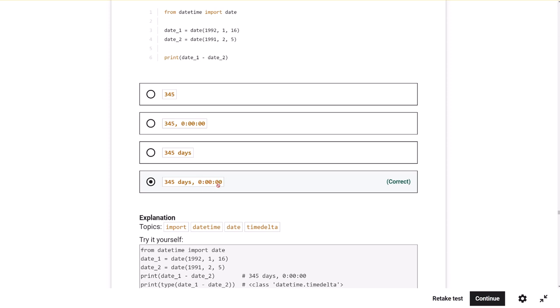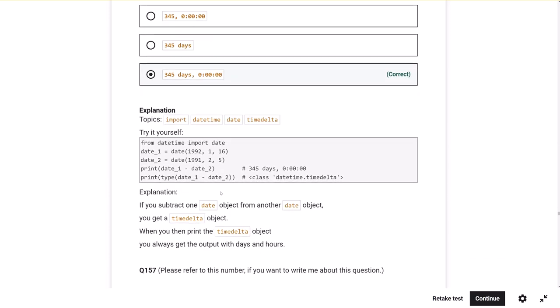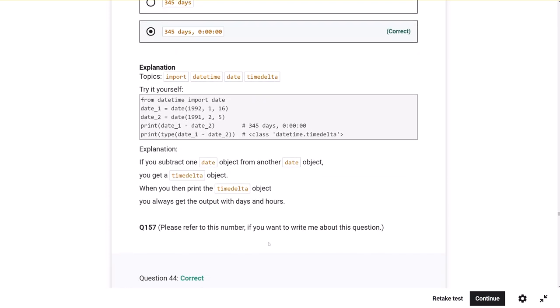In this case, it gives us precisely the interval between these two dates right here in this format. So let's see what they have to say about this in their broken English. If you subtract one date object from another date object, which obviously we're going to,